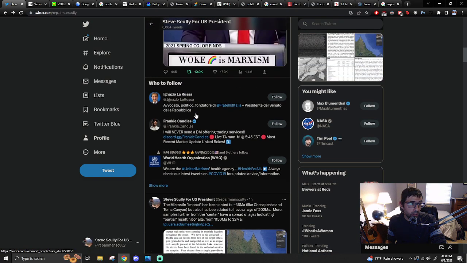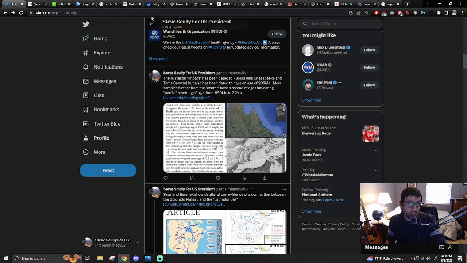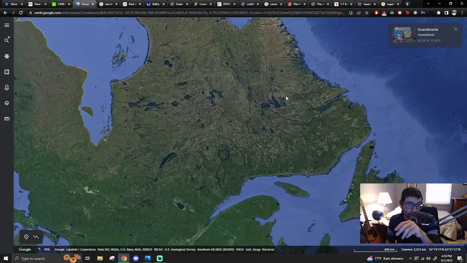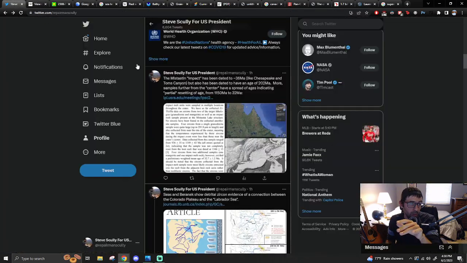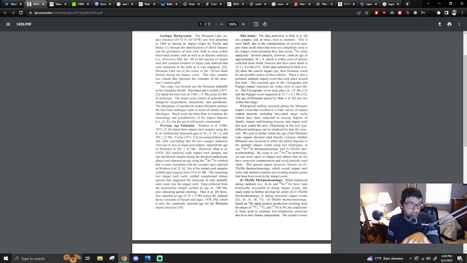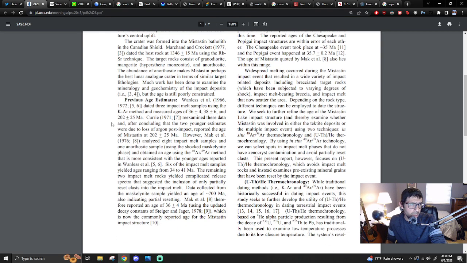Then there's this supposed impact, right here, which according to this paper and other papers has a lot of dates. My interpretation is it wasn't that strong of an event. Some parts near the center changed the dates by resetting the clock, essentially pushing enough energy through the zircons to change the dating, or